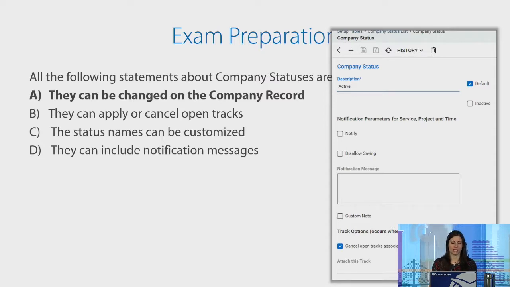And then lastly, the notification messages. We have a generic notification message here that we can include saying something about active companies. If we so choose, or if we need, we can actually select this custom note down here as well. This option allows us to add an additional notification message that's set on the company record, so the company finance